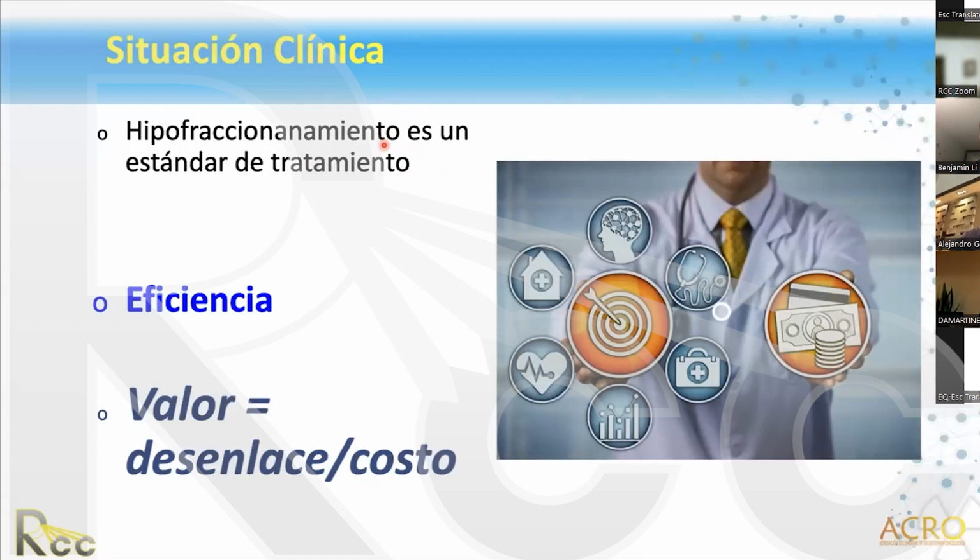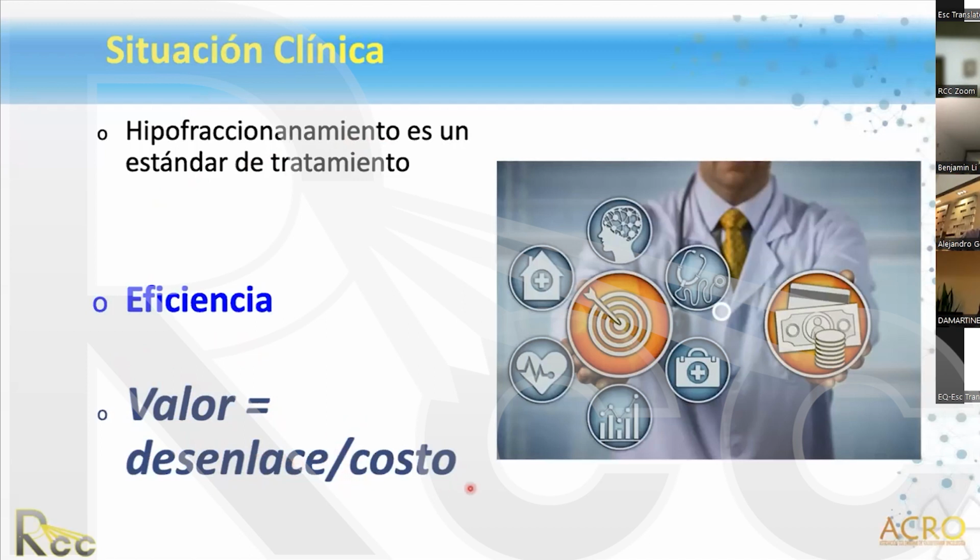One is that efficiency in cancer is being able to offer a treatment focused on the outcomes the patient is concerned about, of course healing, also the quality of life of patients. And the other definition of efficiency is that we must try to generate health value,